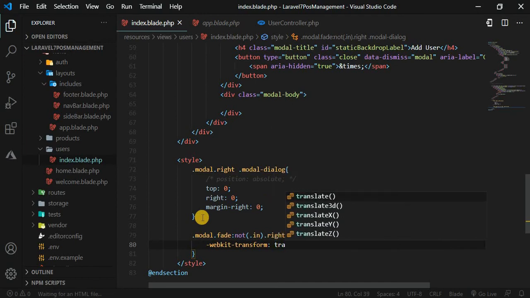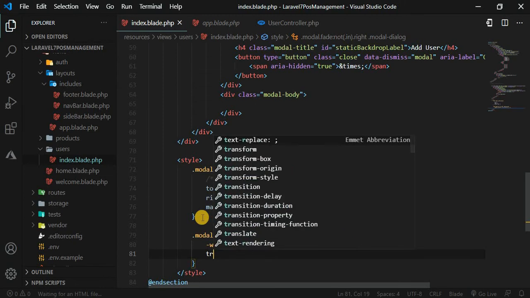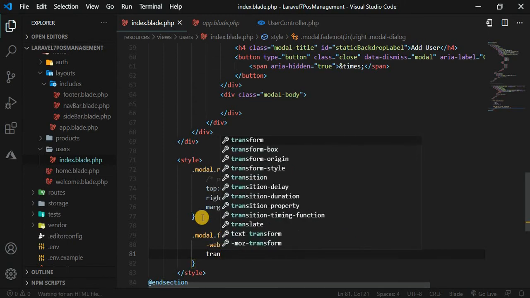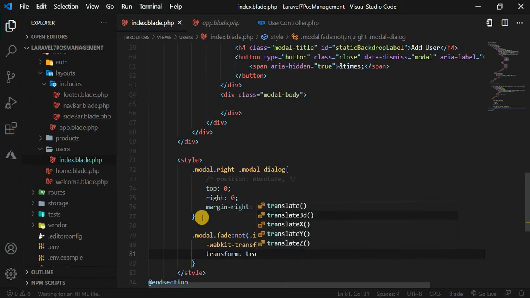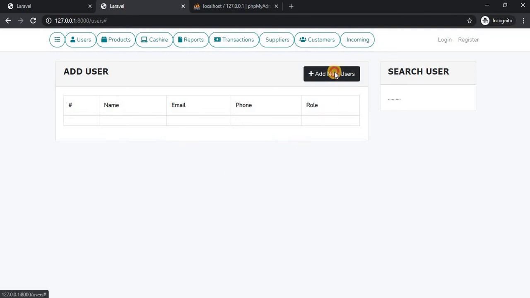Okay, I translate this with 3D, and in the 3D here, I'll pass a percentage of 25%, 0, 0. And then for the next one, I can pass the transform. We translate with 3D as well, and I pass the same value there. Okay, 25%, 0, 0, and hit this, save this thing, and come back to the browser, refresh the page, hit this, see, now